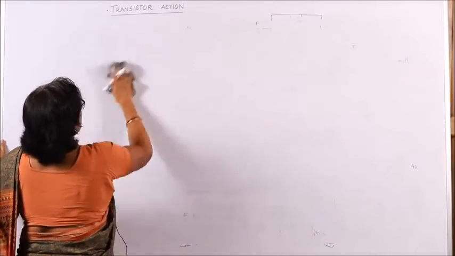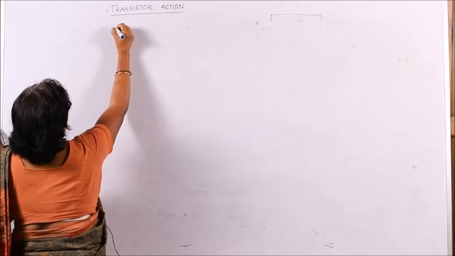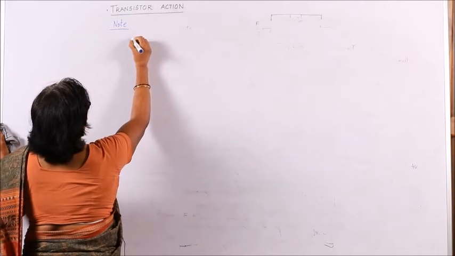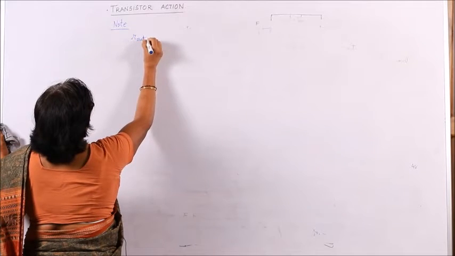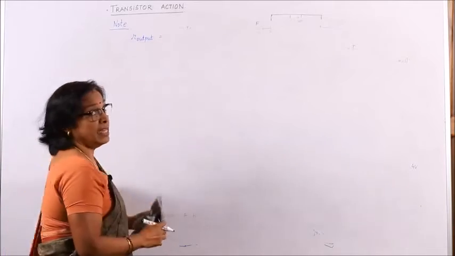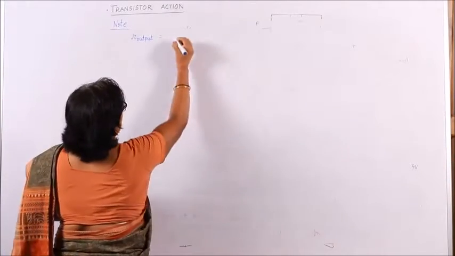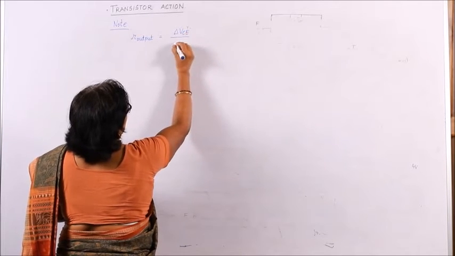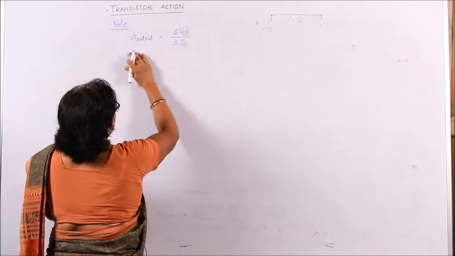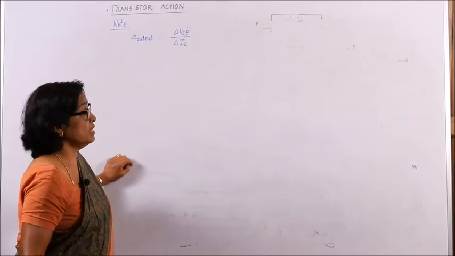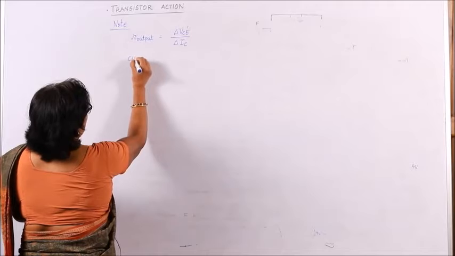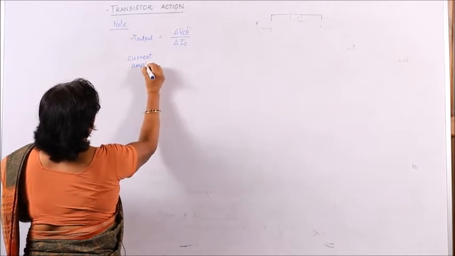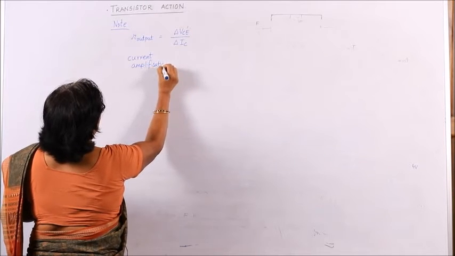By the way, some of the constants that you should remember, note these things, that we can define output resistance. This is the output resistance from the output characteristic. In the output characteristic, the voltage was collector emitter voltage. So, the change in collector emitter voltage to change in collector current, this will give you the output resistance of the circuit. And there is another thing that is more in use, current amplification factor.